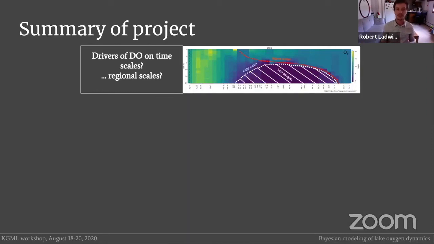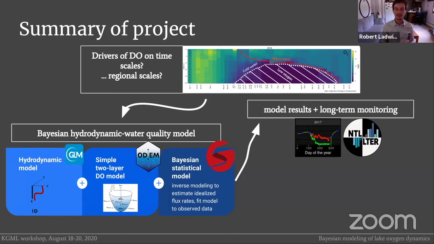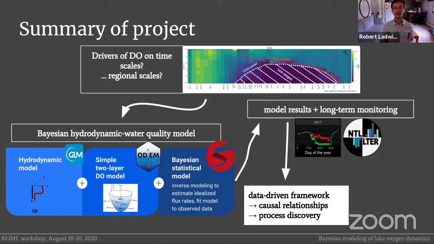So yeah, to sum up, at the beginning, we know a lot about the different drivers of oxygen on different timescales. So we built this process-based Bayesian hydrodynamic water quality model, which was calibrated very well and also replicates the lakes very well. Plus, we have all this long-term monitoring data set. So now we are looking for the best sustainable data-driven framework to get to know these causal relationships and also to discover new or important hidden processes. And at the end, in the future, in the next study, we want to scale up to do large-scale KGML modeling for oxygen. So yeah, that's the ODIM project. And yeah, thank you a lot for your attention.